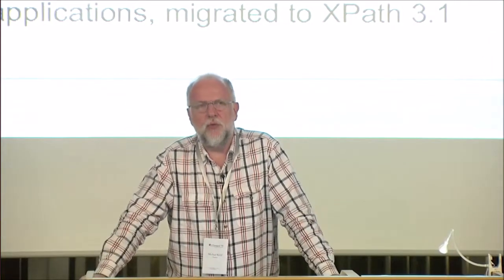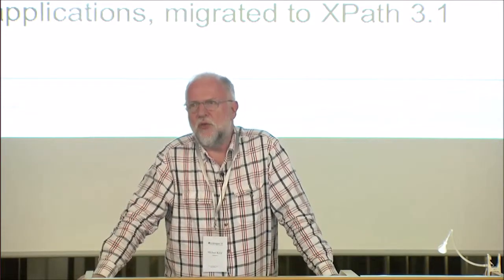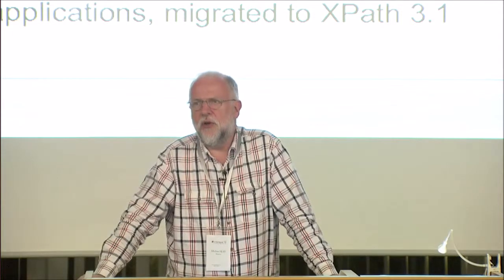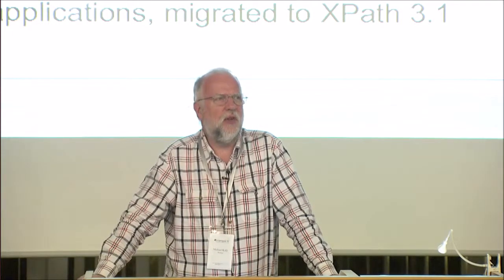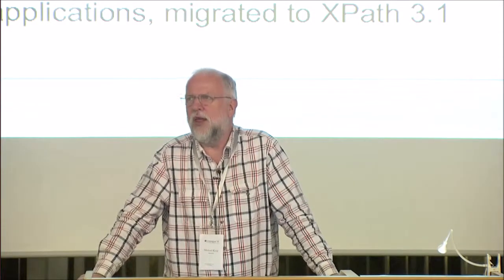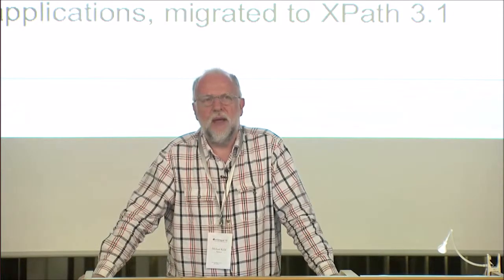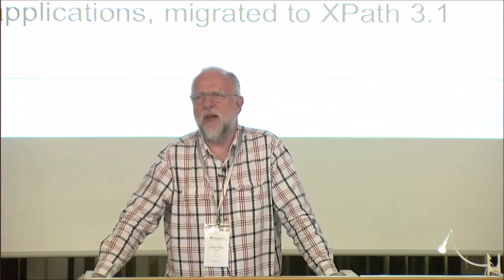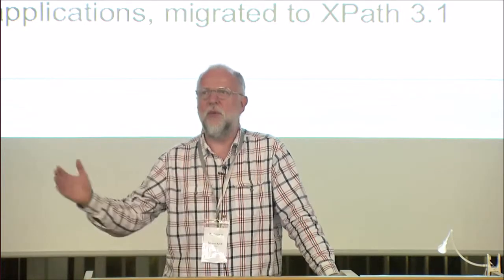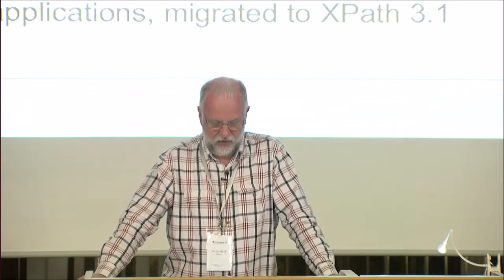The reasoning was, if you're streaming an XML document, you only get one chance to look at any given node in the document. And if you only get one chance to look at a node, then you need to remember what you've seen. And if you need to remember what you've seen, then you need a data structure to hold that memory. And we therefore found that streaming use cases led to a need for more flexible data structures for remembering things that you'd seen during the streaming pass of a document. And that's why they were needed in an XSLT context.